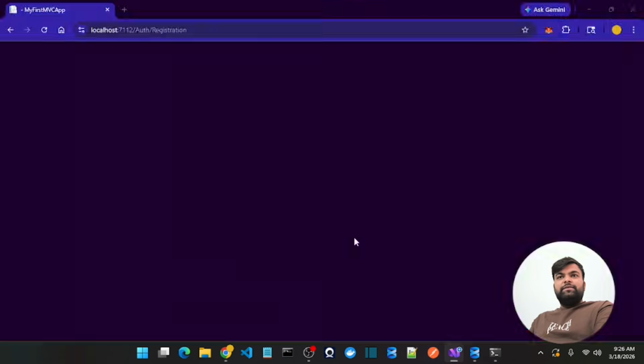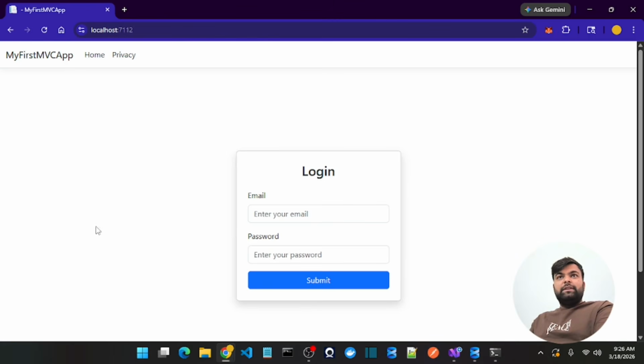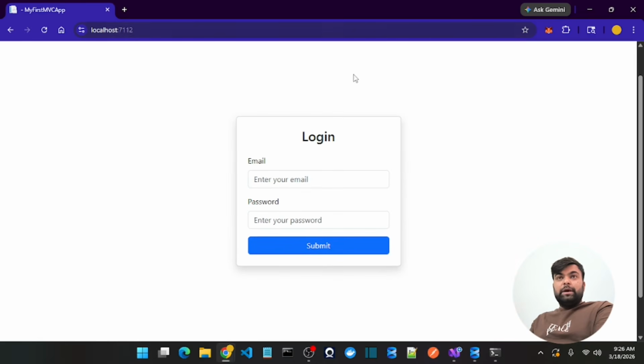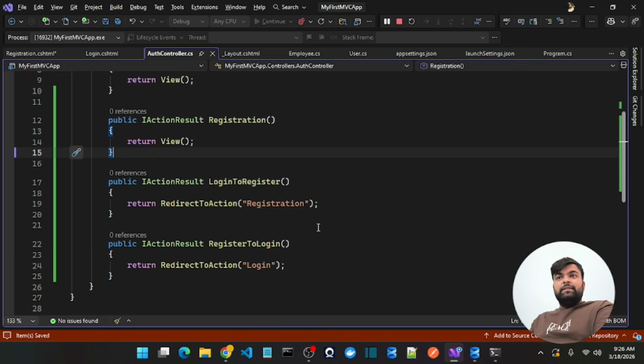Save these changes. So we have the already registered user. Click here, so I will just click over there. I come back to the login page again, and even the URL has changed there. I hope you have understood how things are working and what the purpose of the